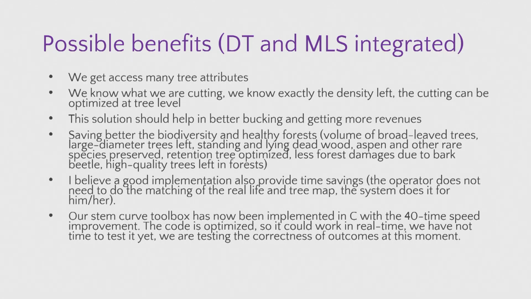Okay, the possible benefits. Personally I see that one is economic. As a harvester operator makes these decisions, in Finland 500 million euro is spent every year on forest operations. If you can speed them up by 5%, it's 25 million euro saving. Biodiversity protection is, I suppose, the most valuable. For that reason, it is already written in our national roadmap that we should have this kind of system operational in 2035.